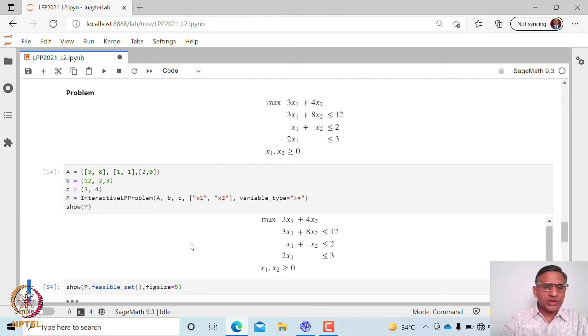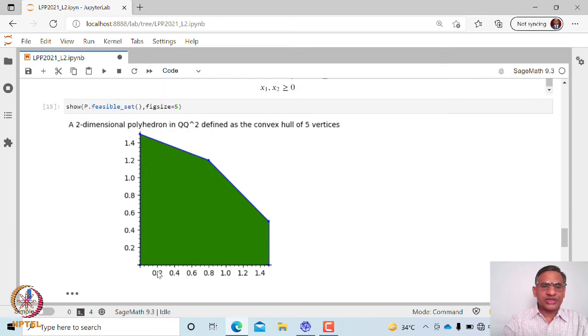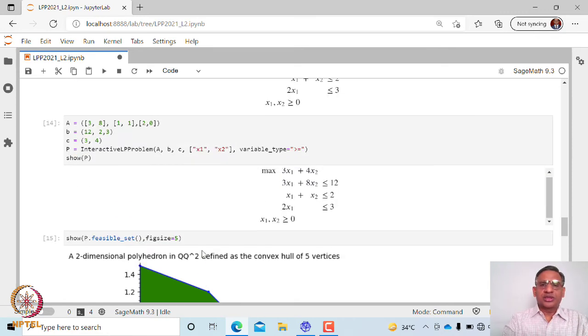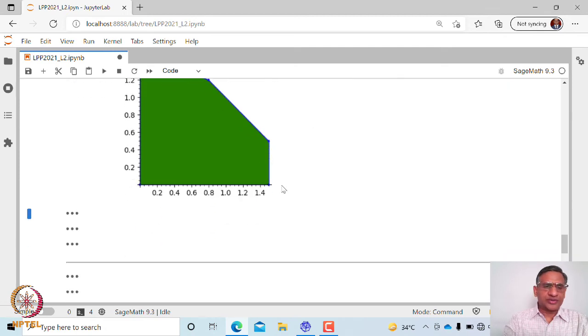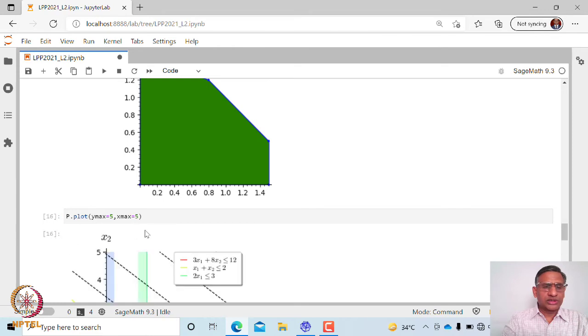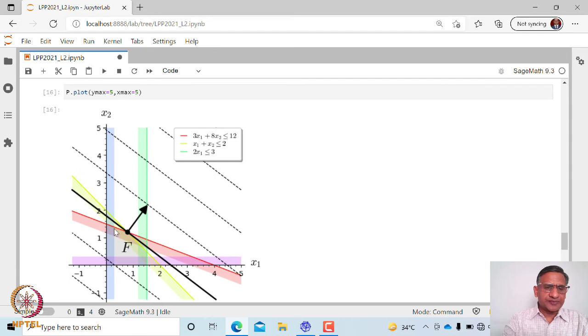Now let us plot the feasible set. This is the feasible set. There are 5 corner points. At each of these corner points, you can evaluate the function value and then choose the one which gives you the maximum value of this objective function. So let us do it using the inbuilt function. If I plot this region, it says that the solution occurs at this particular point.